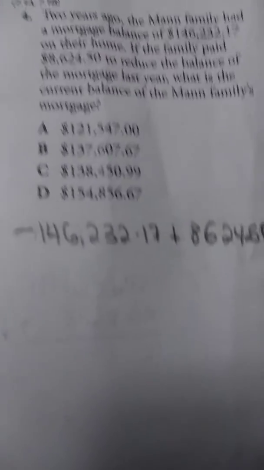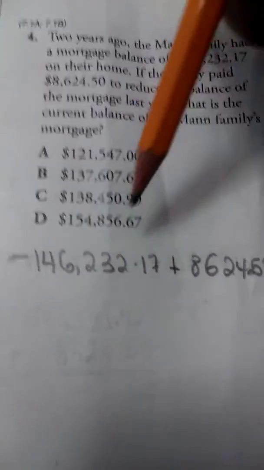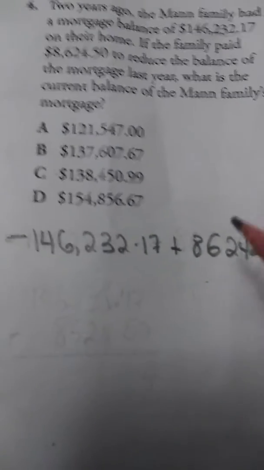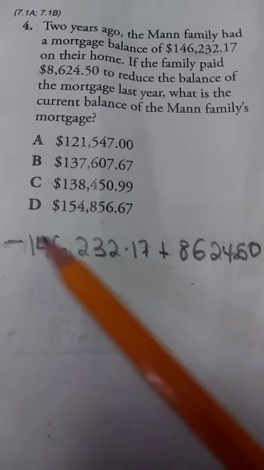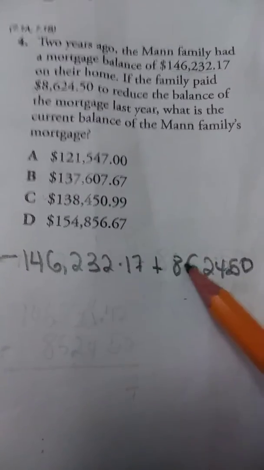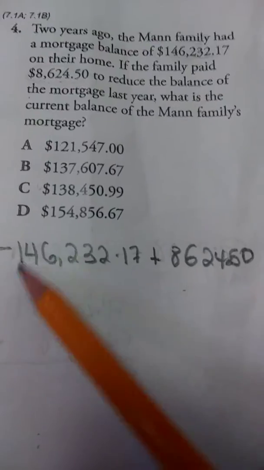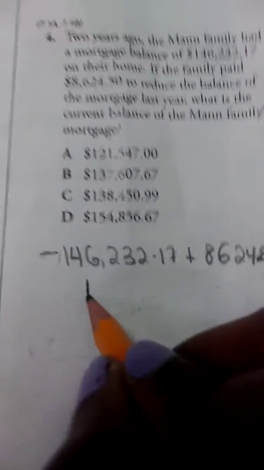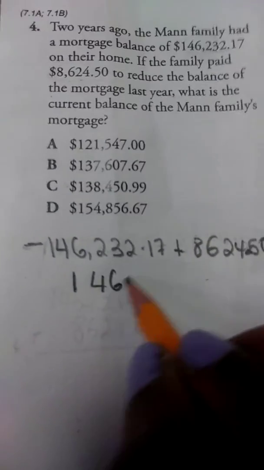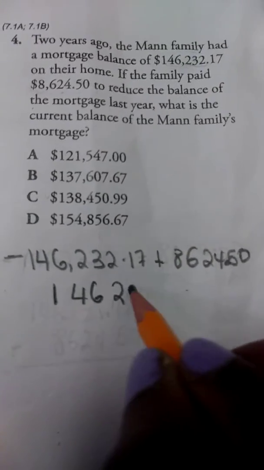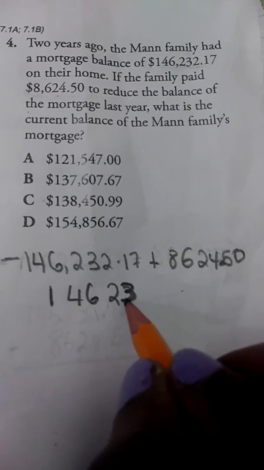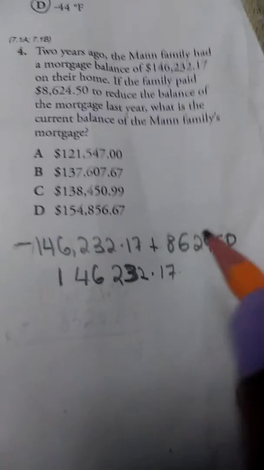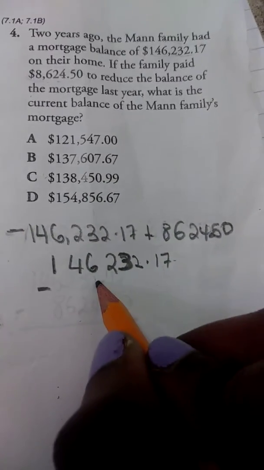So remember, if one number is negative and the other is positive, we will subtract and take the sign of the bigger number. Okay, so we're going to subtract like a normal subtraction, and then take the sign of the bigger absolute number, which is this. Okay, so that's 146,232.17 minus, let's line it up,